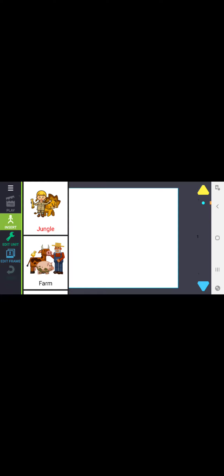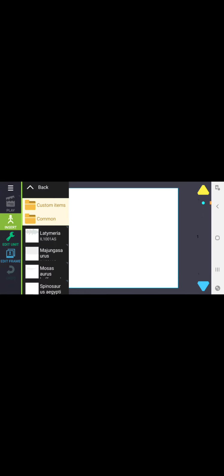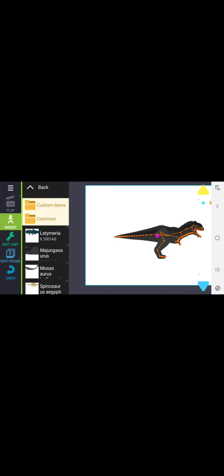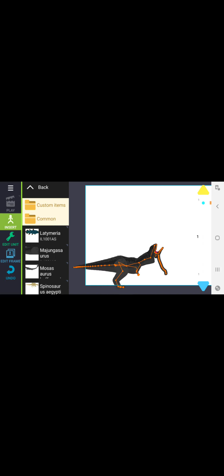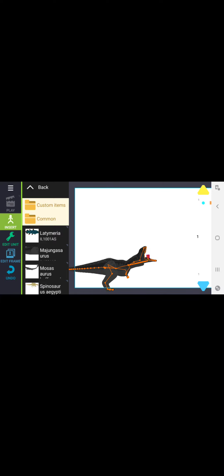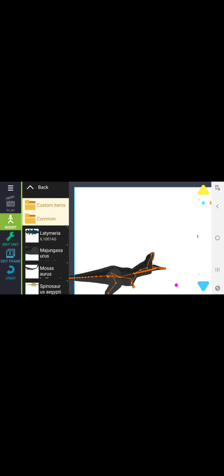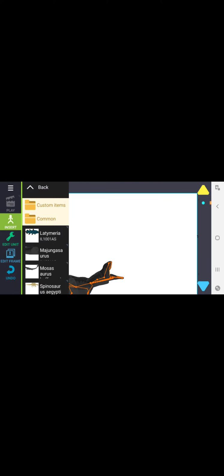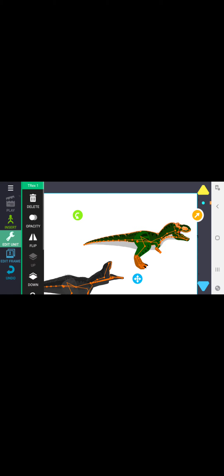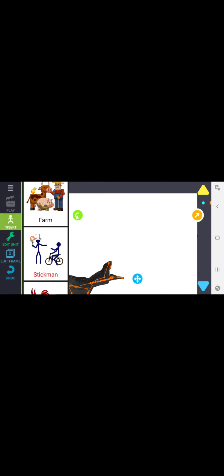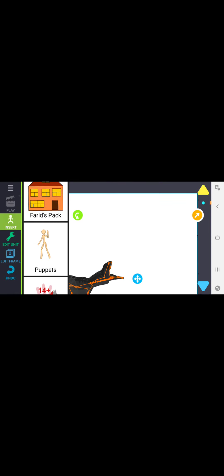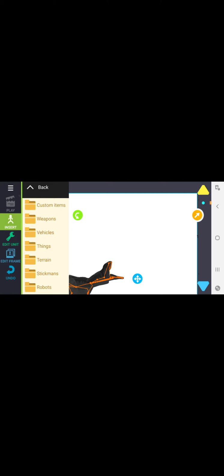And then I made a Triceratops, and then I made a dinosaur swallow a bus. It's called a Magnaninosaurus. So yeah. And his mouth was wide open. Insert, and I needed to get a bus. Where was I supposed to find a bus? And then I realized there's community. So vehicles.